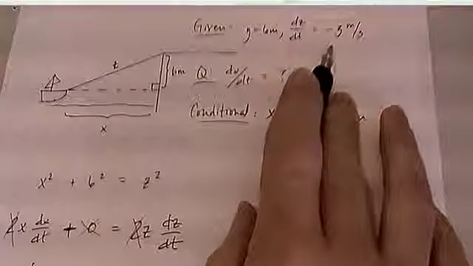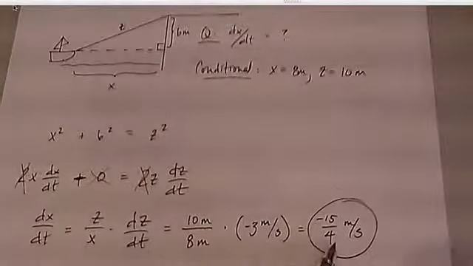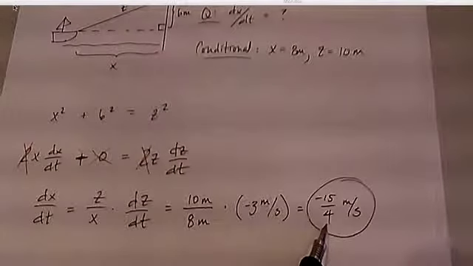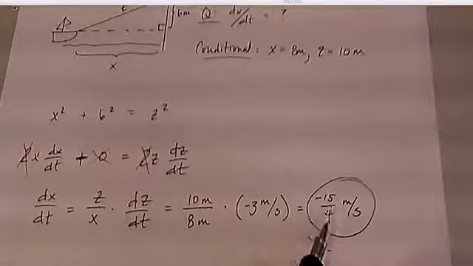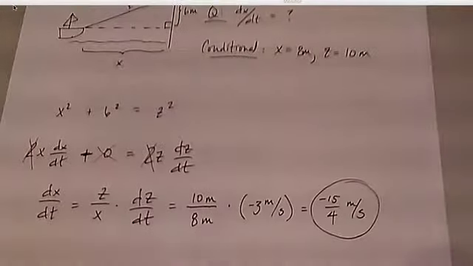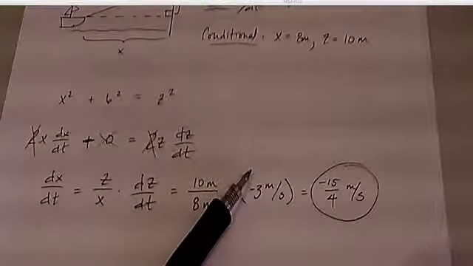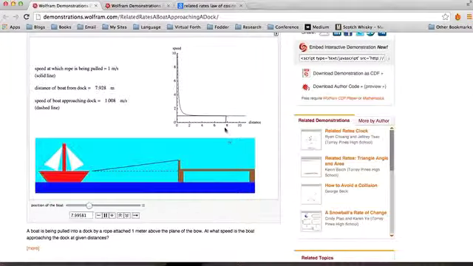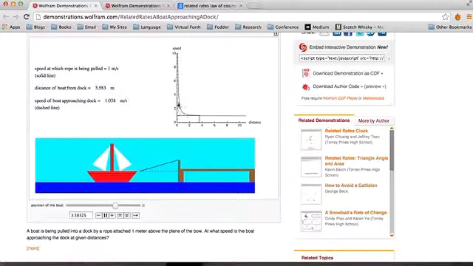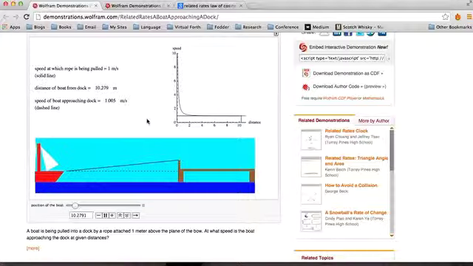So this is how fast the rope is being pulled in. This right here is how fast the boat is being pulled in. This is close to 4. This is 3, okay? Now, did you notice back in the animation that the speed at which it's getting pulled in is pretty constant, but then it increases right at the very end? That's just because of the quadratic nature of the relationship between the sides and how that impacts the rate,